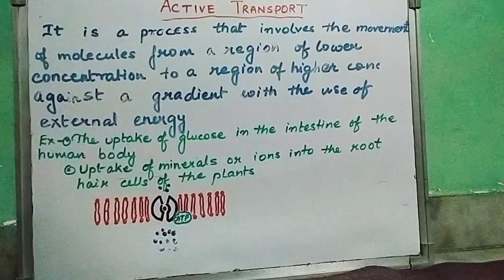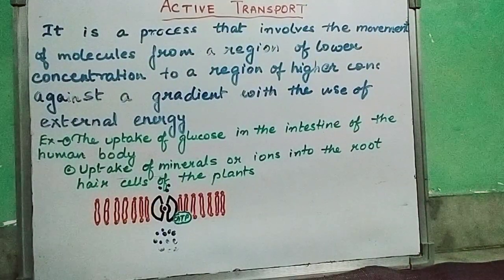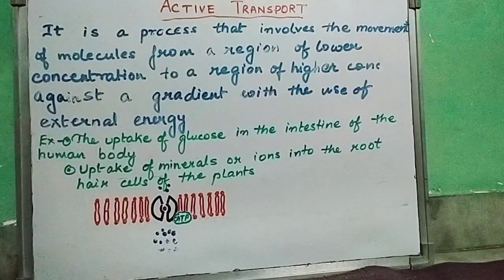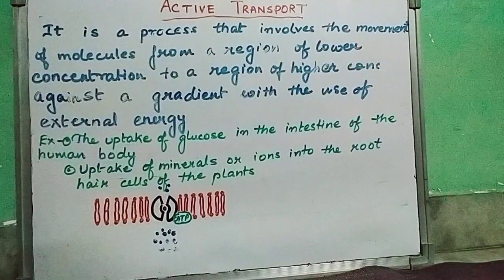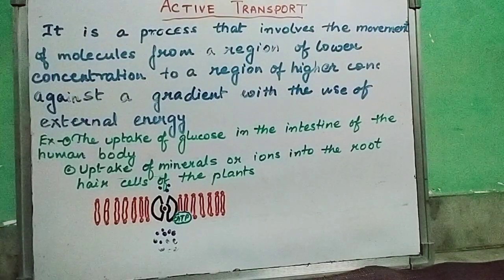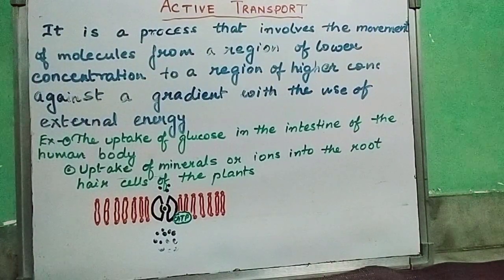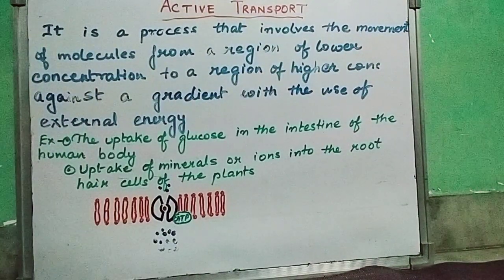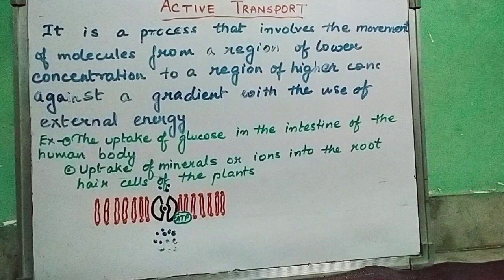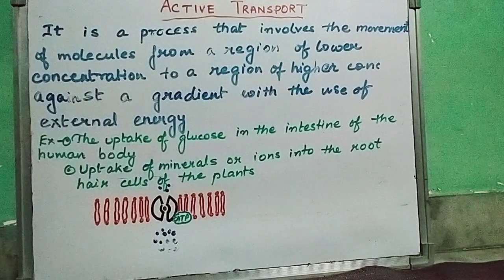It is one of the most important processes in animals and plants where different kinds of molecules are transported in the membrane of the cell, that is from inside to outside or outside to inside. There are lots of examples like minerals which are transported into the root hair cells from the soil. For example, sodium is already in the plant cell but less in the soil, but still it is transported from the soil into the cell sap of the root hair by the process of active transport.